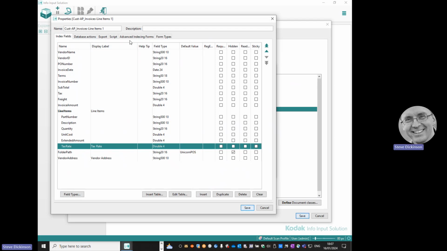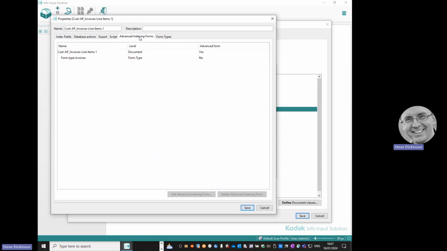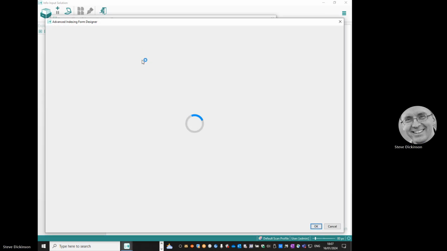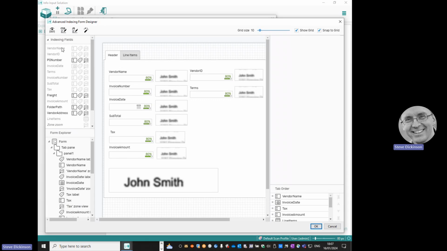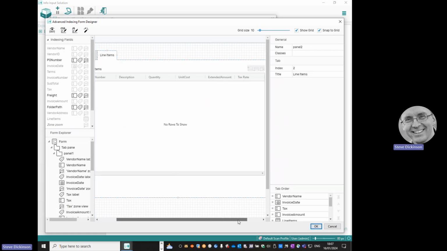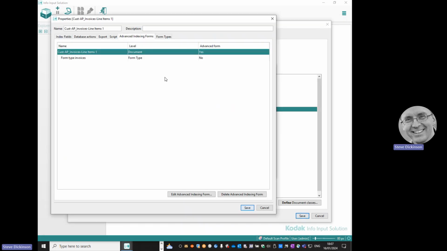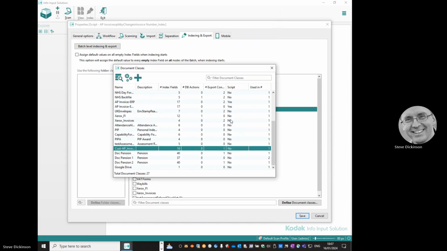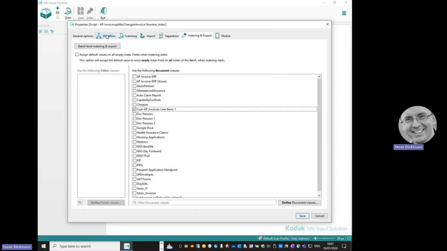As part of our indexing, we are using an advanced form. So if I click on advanced form, we can see that it's set to yes. So we're using an advanced form. So I can just double click. And then on the left, I can see the fields that haven't been added yet. So I can just add my vendor address to the advanced form so that the content appears on the screen. If we look at the line items, we can see that tax rate is already added. And we can just click OK, click Save, close the document classes,